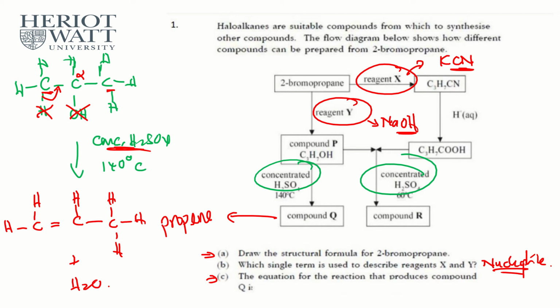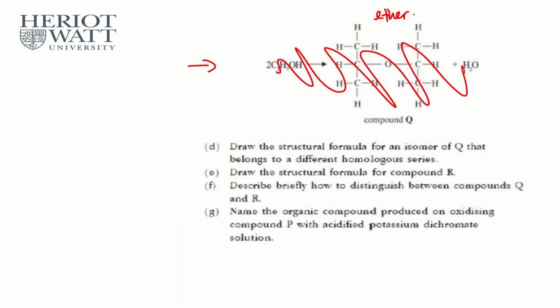Okay, but for your information, if you're using concentrated sulfuric acid at 140 degrees Celsius, you will get an ether. But if you change the temperature, you actually get an alkene. All right, but like I said, we only focus on one thing, which is dehydration. We are forming an alkene then. All right, that's compound Q, so we can ignore this, right? For D, since we ignore that, we don't have to do this. But anyway, it says that